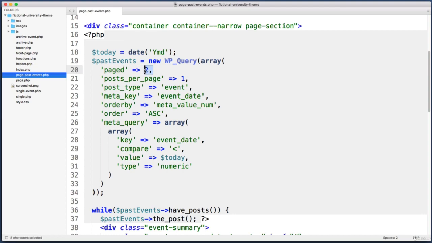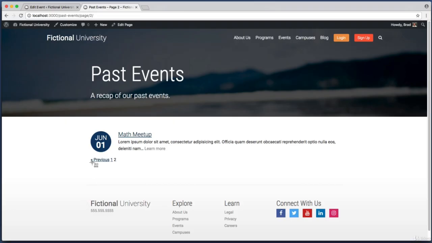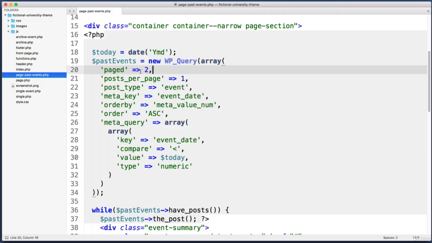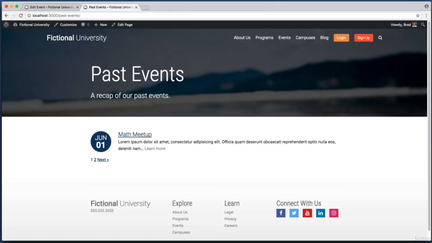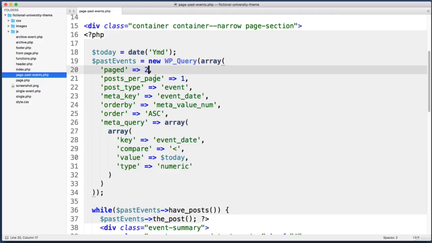But we don't want to hard code a number here, because now even if I go back to the first page of results, instead of seeing New Year 2016 again, we see Math Meetup. So the question becomes, instead of hard coding which page number of results this should be, how do we get the number that is up in the URL bar, right? If we see the number 2 at the end of the URL here, that's the number we want to use in our query. Well, to make things dynamic, back in our text editor, let's delete that hard-coded 2, and instead